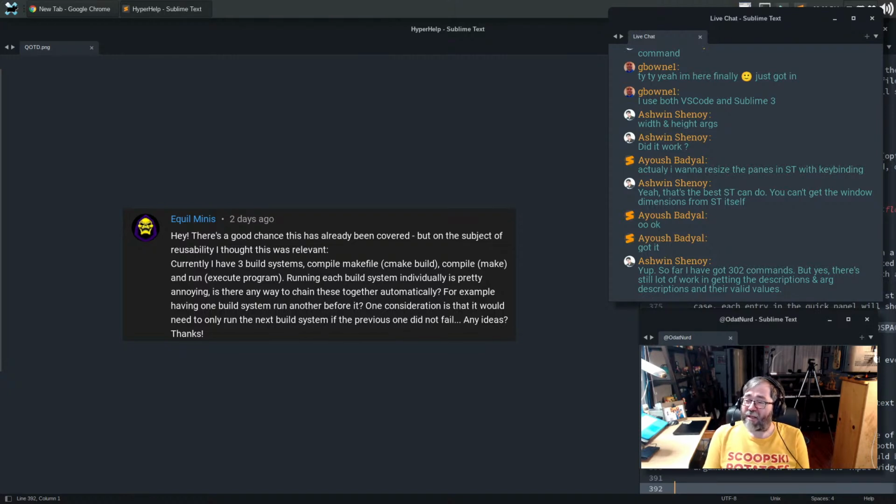Let's see, Ashwin says, "So far I've got 302 commands, but yeah, there's still a lot of work in getting the descriptions and argument descriptions and their valid values." Yeah, that part is the hard part, and it's the place where even the plugin that we created in previous streams to navigate all of the available commands in Sublime